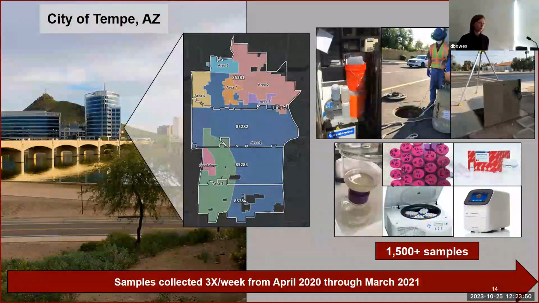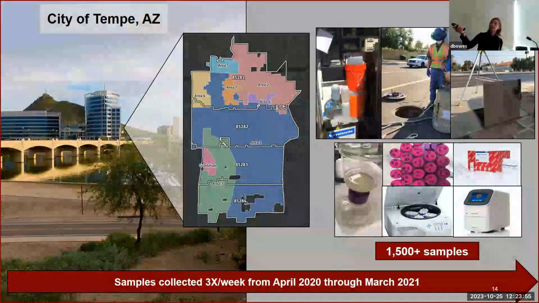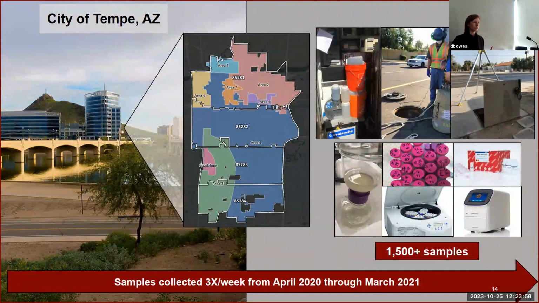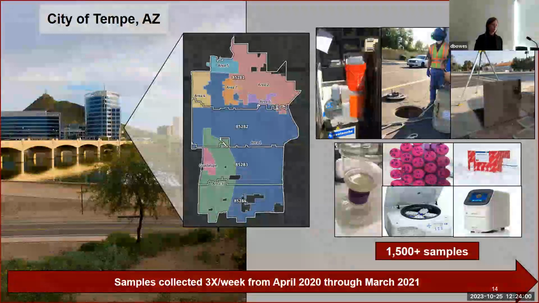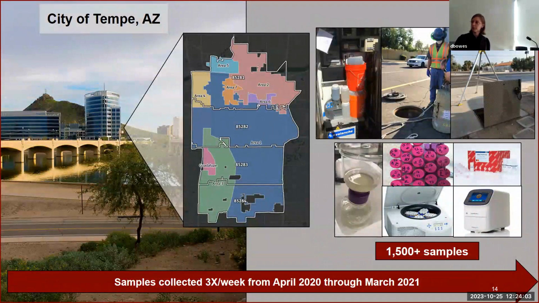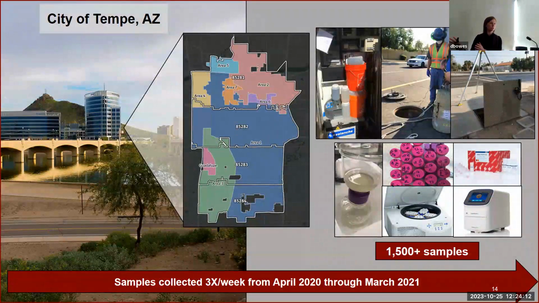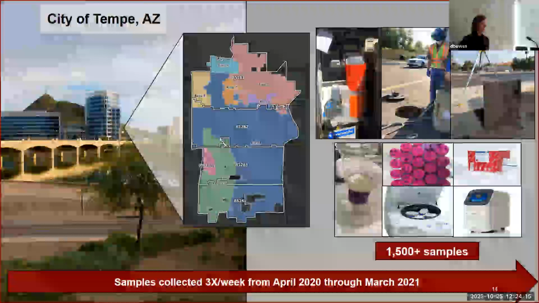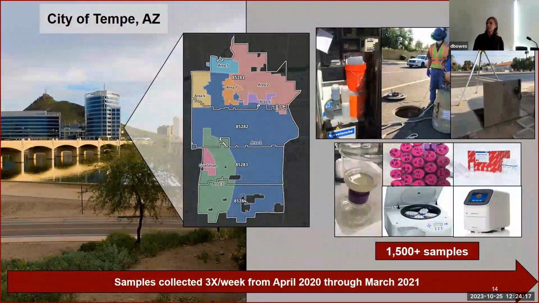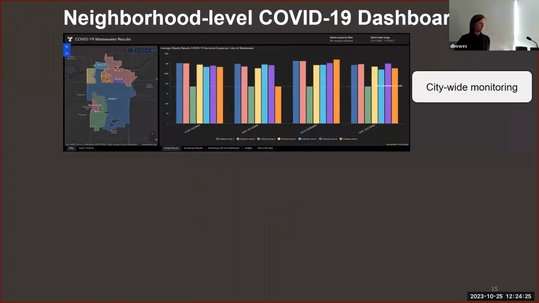So we started collecting throughout, again, that's our friendly catchment map. We've added a few more catchments here to enhance our spatial granularity, and also increased the number of samples that we collected. So instead of 7 days per month, 3 times per week, from April 2020 through March 2021. And this is still going on today. So this is very much just a tiny sample set now. A little over 1,500 samples went into this particular study. And again, we were targeting SARS-CoV-2.